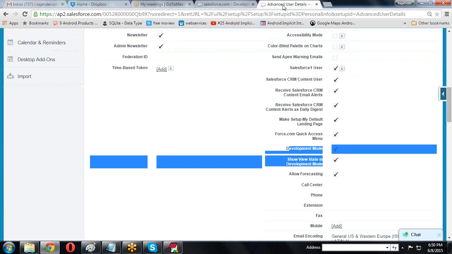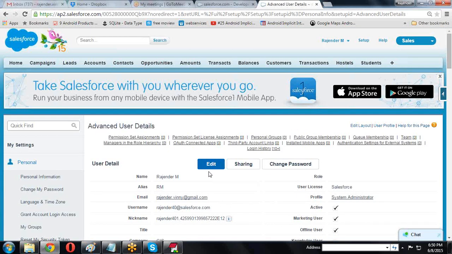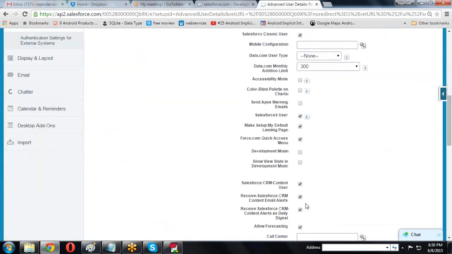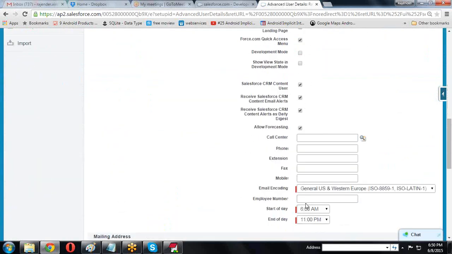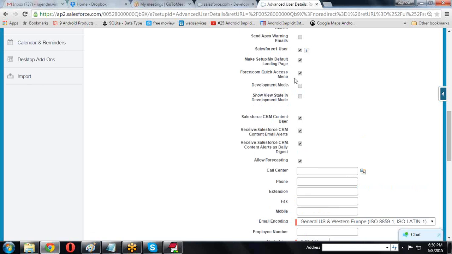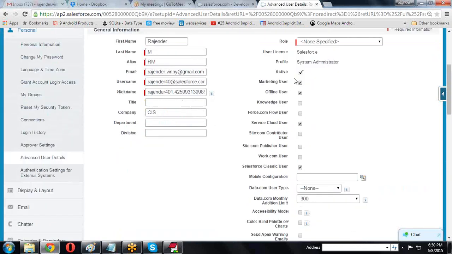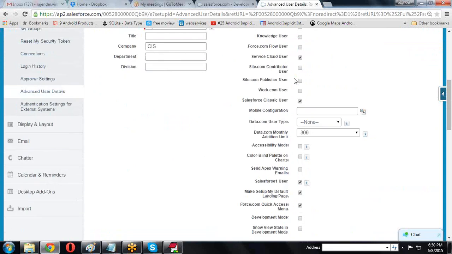If you want to check what the mode is, edit and check it. These two are the disabled mode. Now if you want to enable, how to enable? So we enable that one. If you enable, then only it is allowing, otherwise it cannot allow.